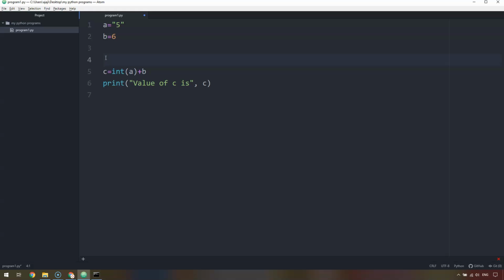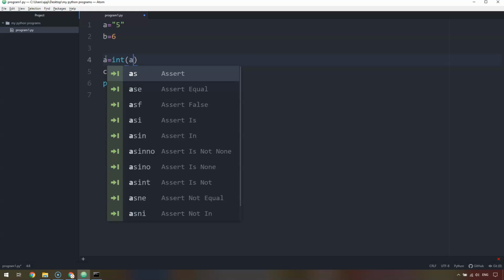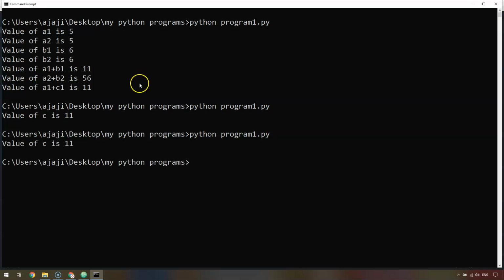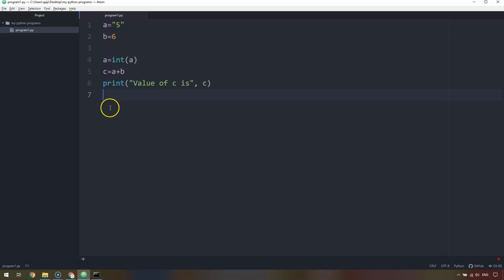Whatever is executed at the very last time, that will be the value of A. So here if I am writing A is equal to int of A and I'm just adding A plus B and assigning it to C, this will also work and it shouldn't give you any error because you are overwriting the same variable A with the converted number value of its previous string 5. Now let me save this and execute and show you. You can see that there are no errors in the output.